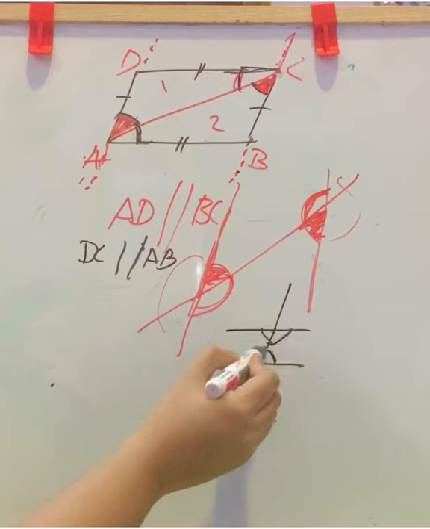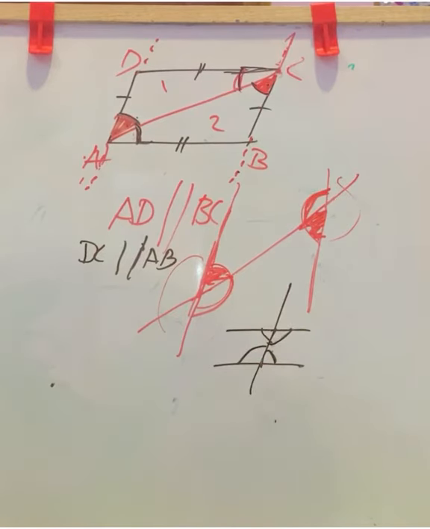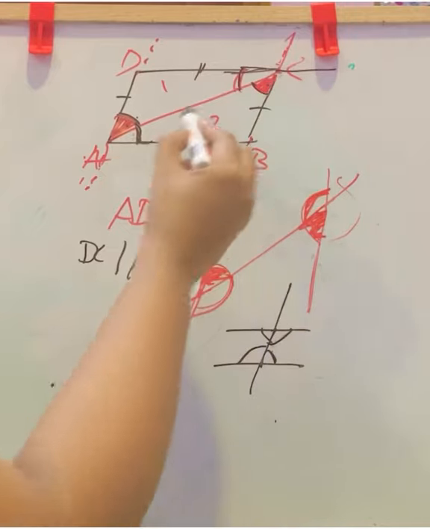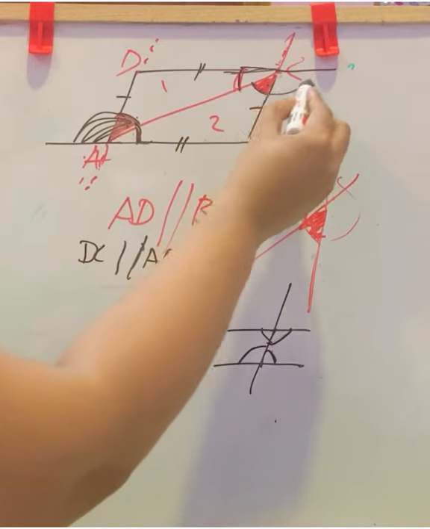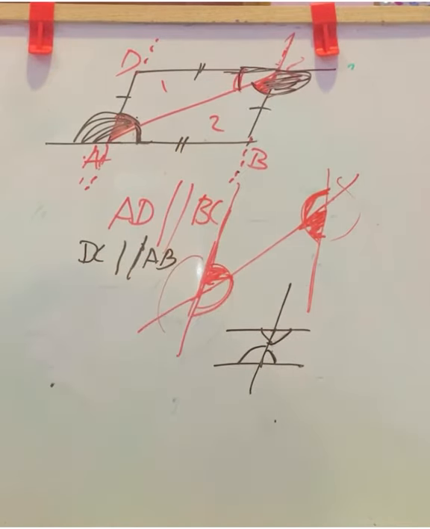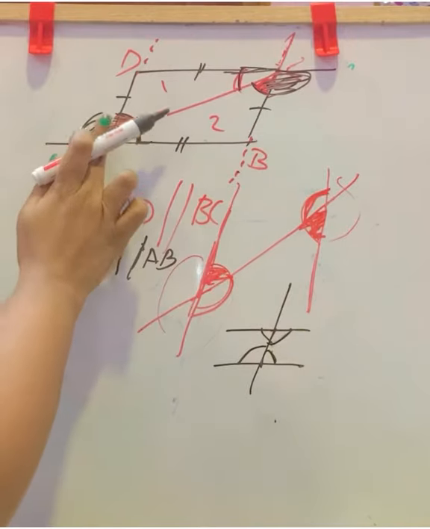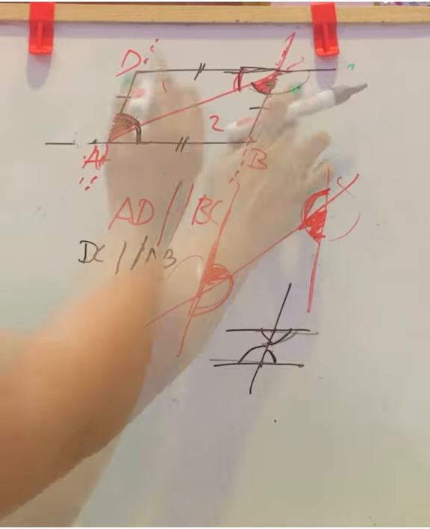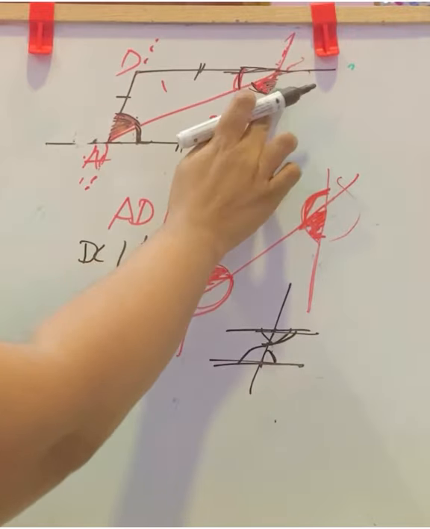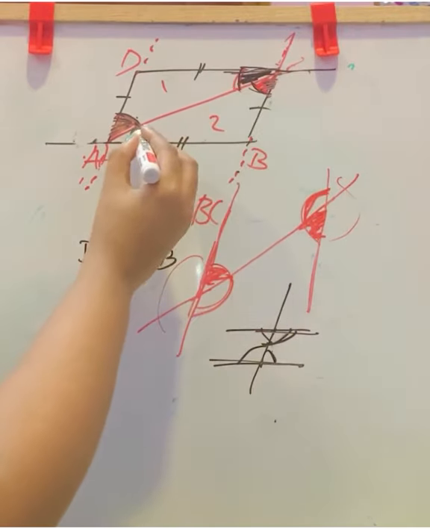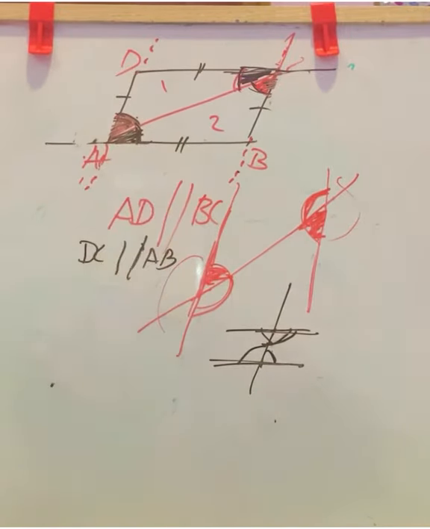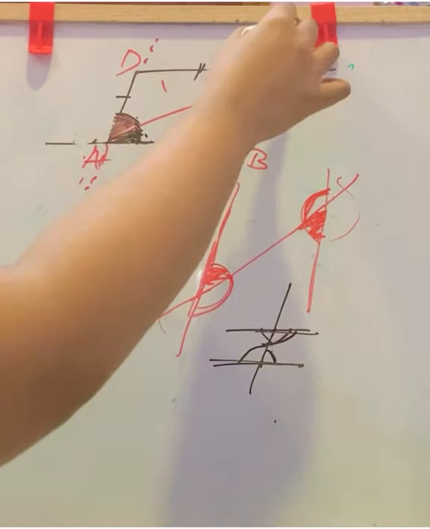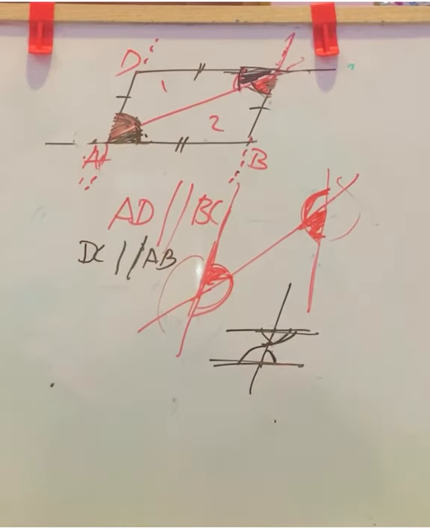You will find another pair here, but we don't want to consider it, because if you are extending these parallel lines, the alternate interior angle is this. And we don't want that complete angle here. For the parallelogram, we need only this much. So considering these two lines, you can't take this one. You can take only this part, because there we have the full complete angle. So from DC parallel AB, we will say these two angles are equal. And AD parallel BC, we will say these two angles are equal.